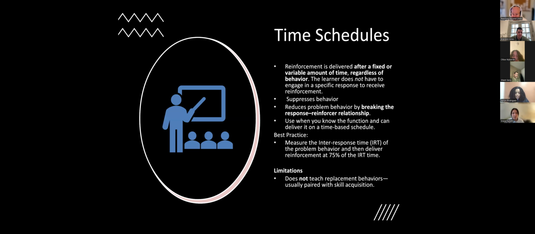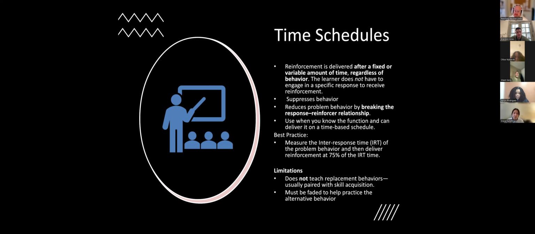And this is one of my favorite strategies to implement when I hear about a problem behavior in supervision, and we know the function behind that behavior. My first strategy right out of the gate is to deliver that reinforcement on a time-based schedule. So I'm giving you my number one secret for antecedent strategies for problem behaviors: these time-based schedules. And like I said, it must be faded to help practice the alternative behavior we're going to teach.